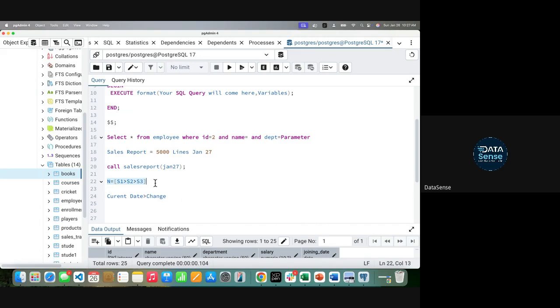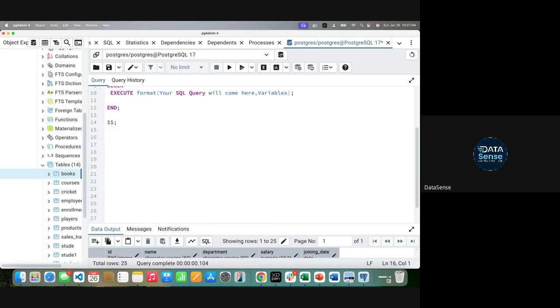Okay, so now let's see how to write this stored procedure. Let me create a table: create table EMP.